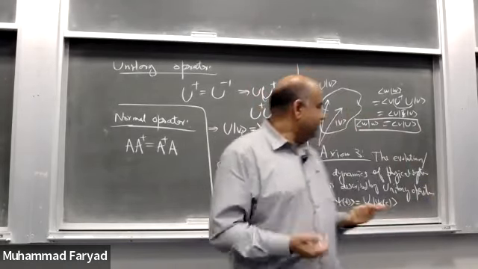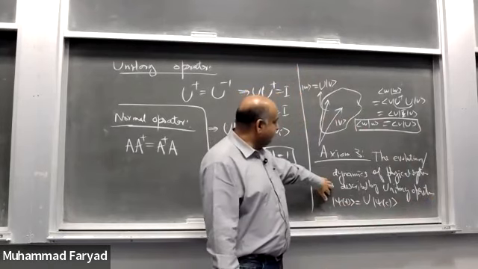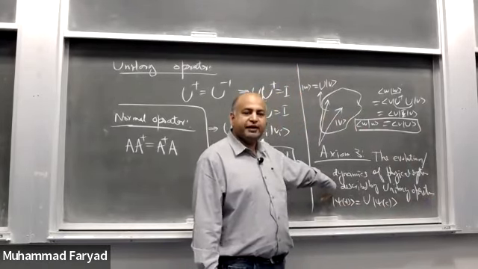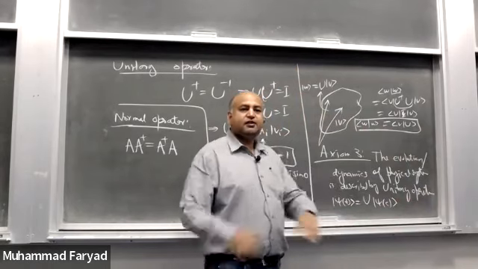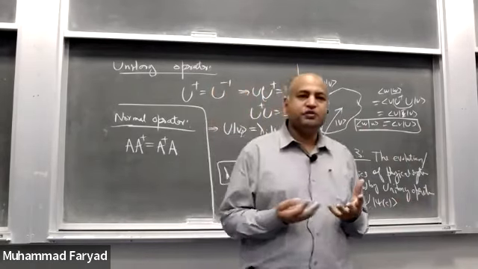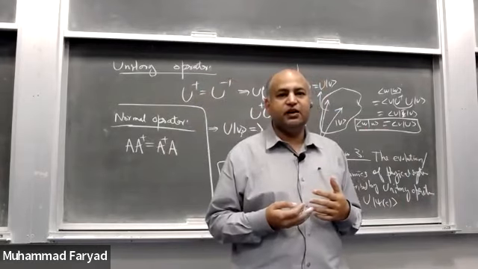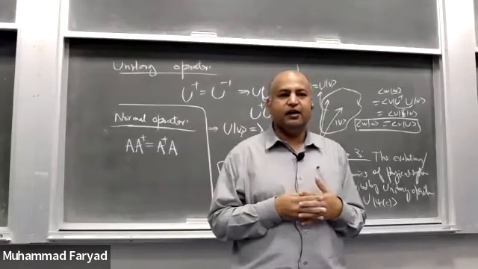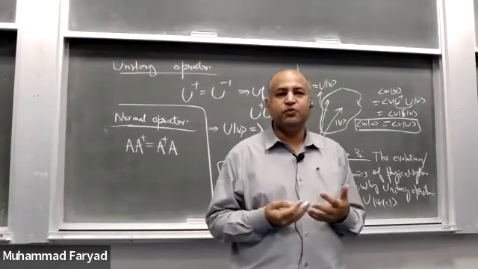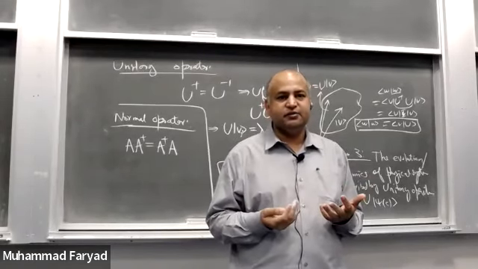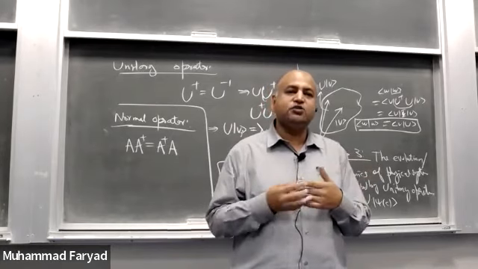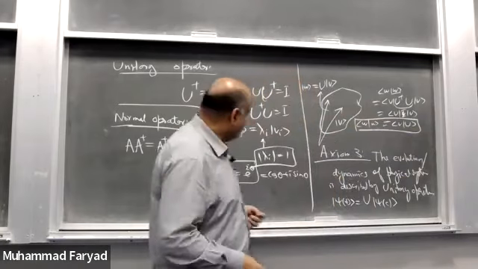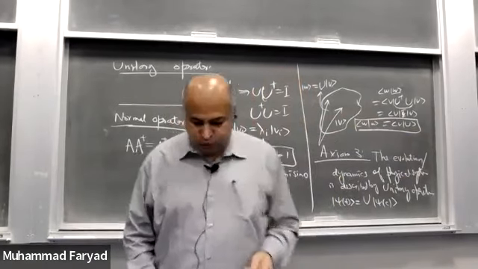So in a way, these axioms are actually only valid for the universe as a whole, kyunki practically speaking everything else jo hai, it's just part of the universe, so everything is interacting with something else. So these axioms, they are only approximately true for practical systems. They are as true as you can isolate your system from the rest of the world. Okay, any other question or comment?